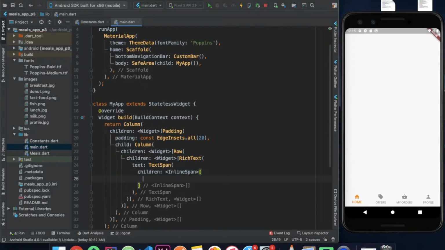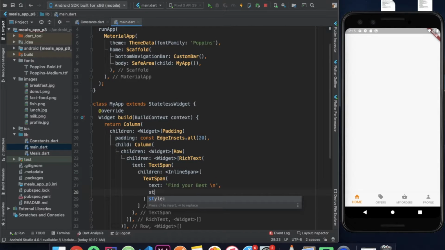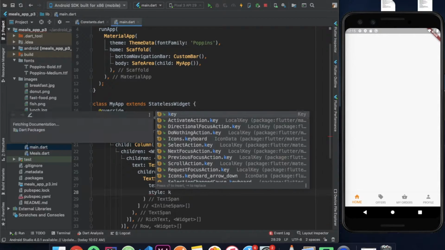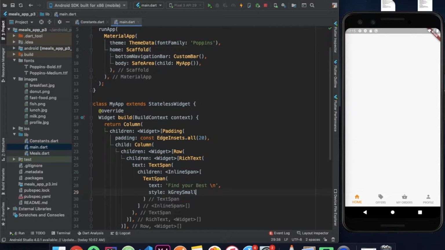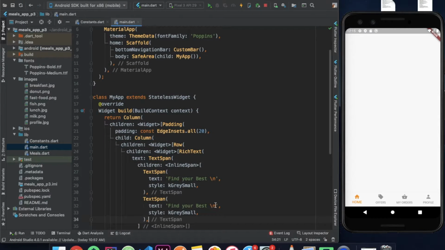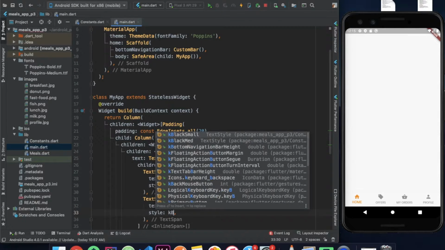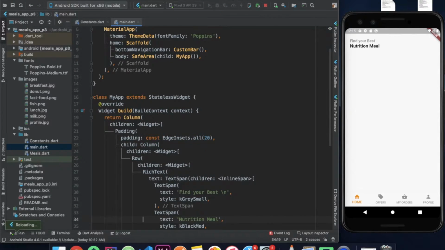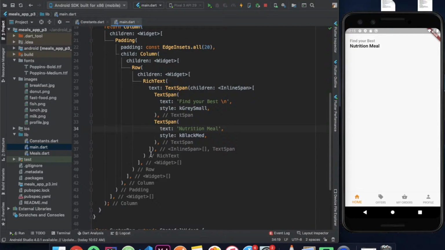and the first is going to be text span whose text is going to be "find your best" with a new line, and the style is going to be a predefined style called kGraySmall, and we are just going to copy this and paste it again. This time the text is going to say "nutrition meal", and the style is going to be kBlackMedium. So if I hit save, the next child of our row is going to be an image dot asset widget